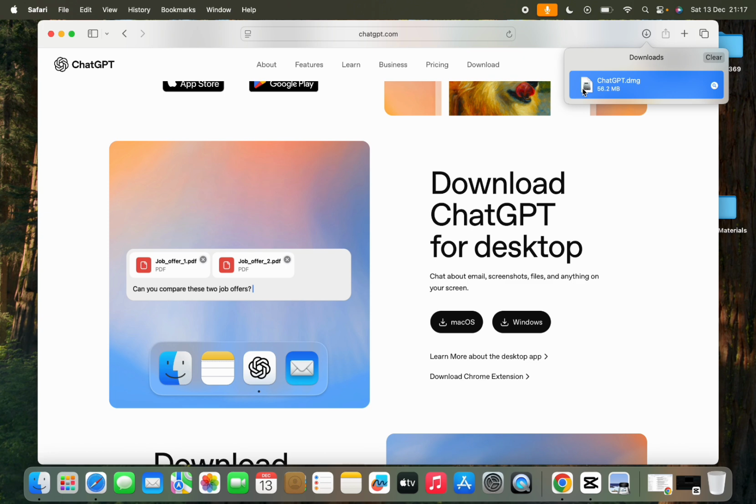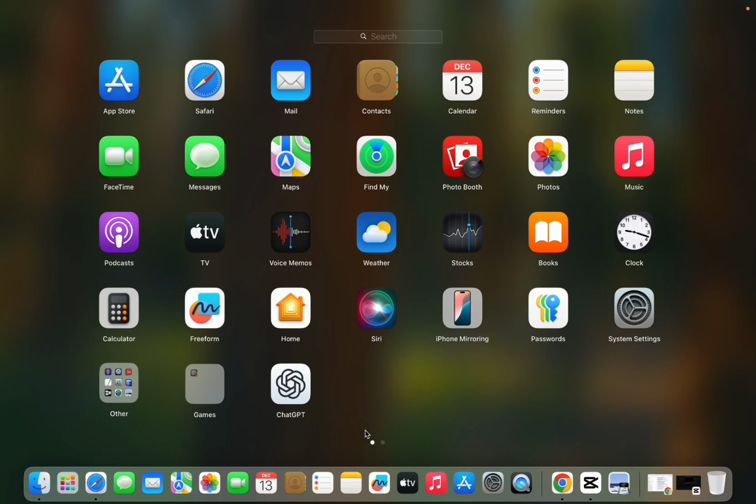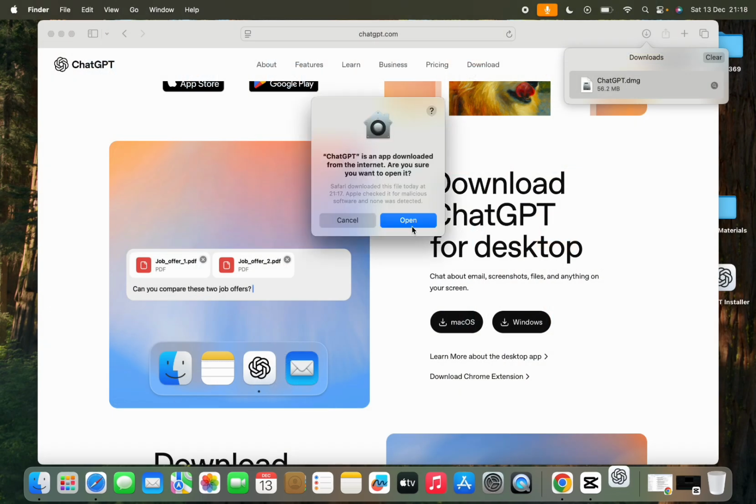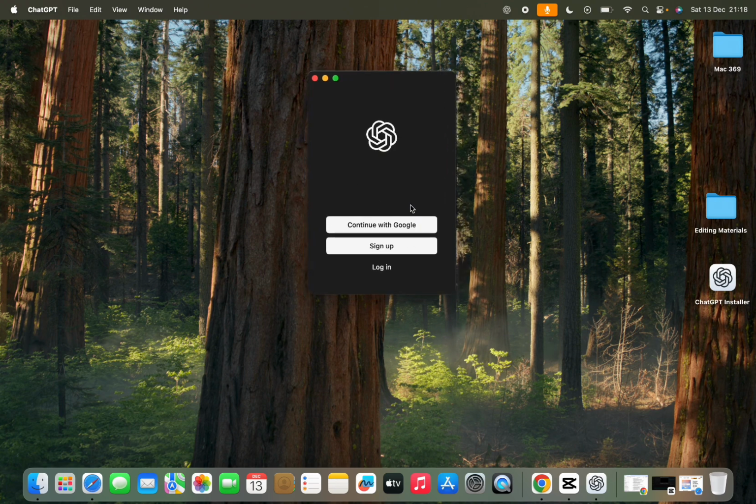Double click on it to open it and drag the ChatGPT icon into applications folder to install it. Now when you go to Launchpad, you will see ChatGPT is now here, and you can click on it to open it. Click on open, and from here you can use your Google account to sign in or simply sign out to use